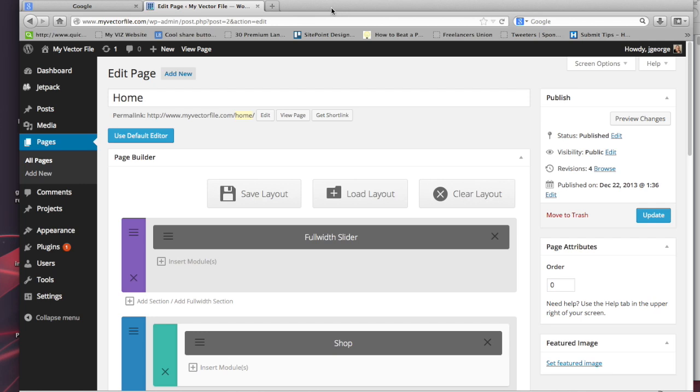And so what you're going to do is install the Divi WordPress theme by Elegant Themes and create a new page. Inside the page editor, besides the normal editing capabilities, you'll have a button here that says use their page builder. You click that and up comes this menu. You can either save a layout, create a new layout, or clear the current layout. When you load a layout, you have different options such as home page, store, contact page, all kinds of different already pre-made layouts. And so from there,